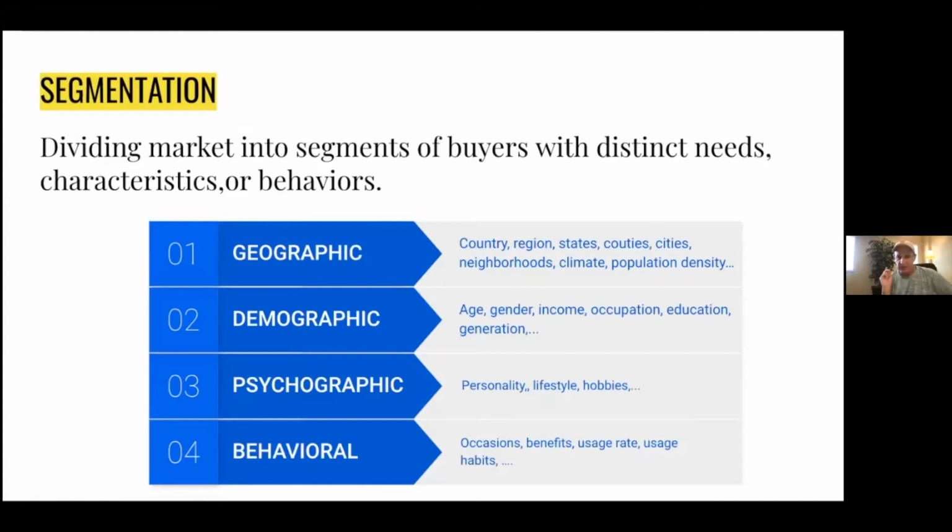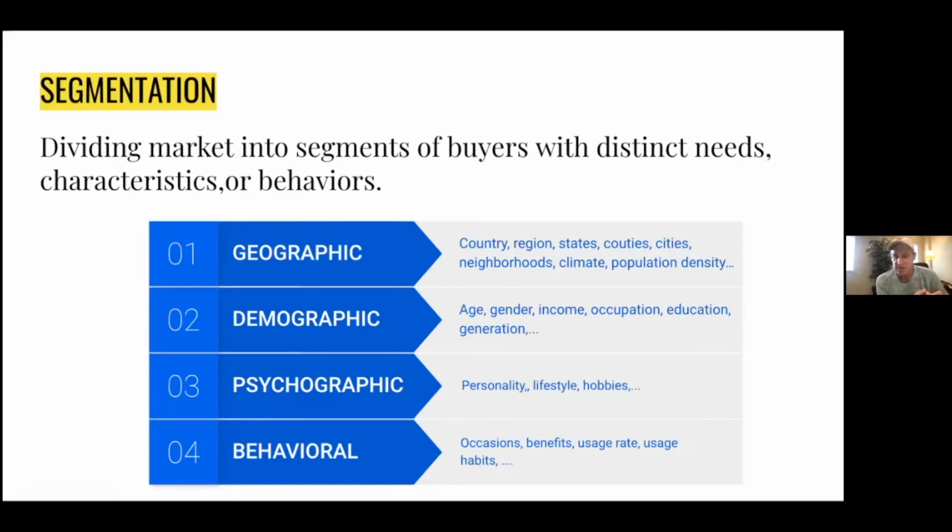So we did the survey, and here are the markets. This is the way that you can segment your markets, and you combine these. You don't just pick one. So a lot of you probably picked a few of these categories. That's the correct way to do it. Now I'll do an example.